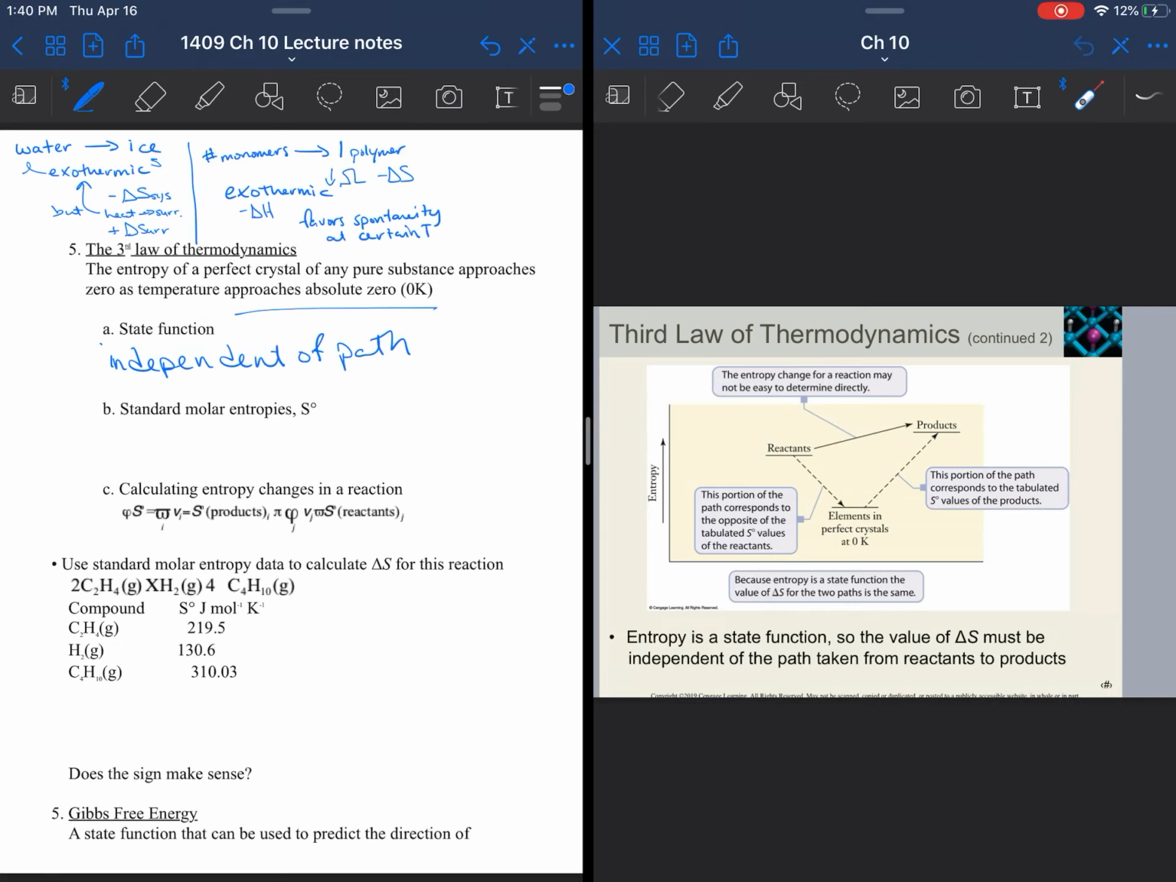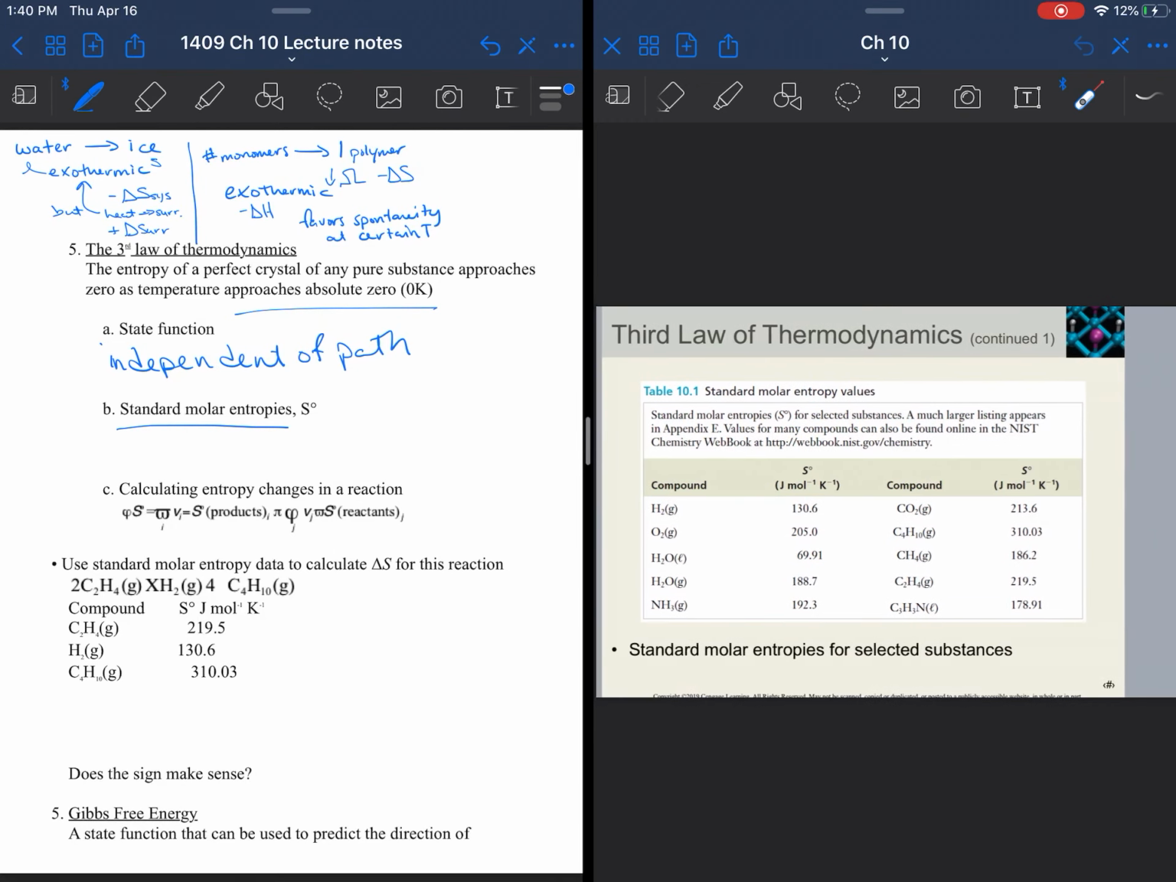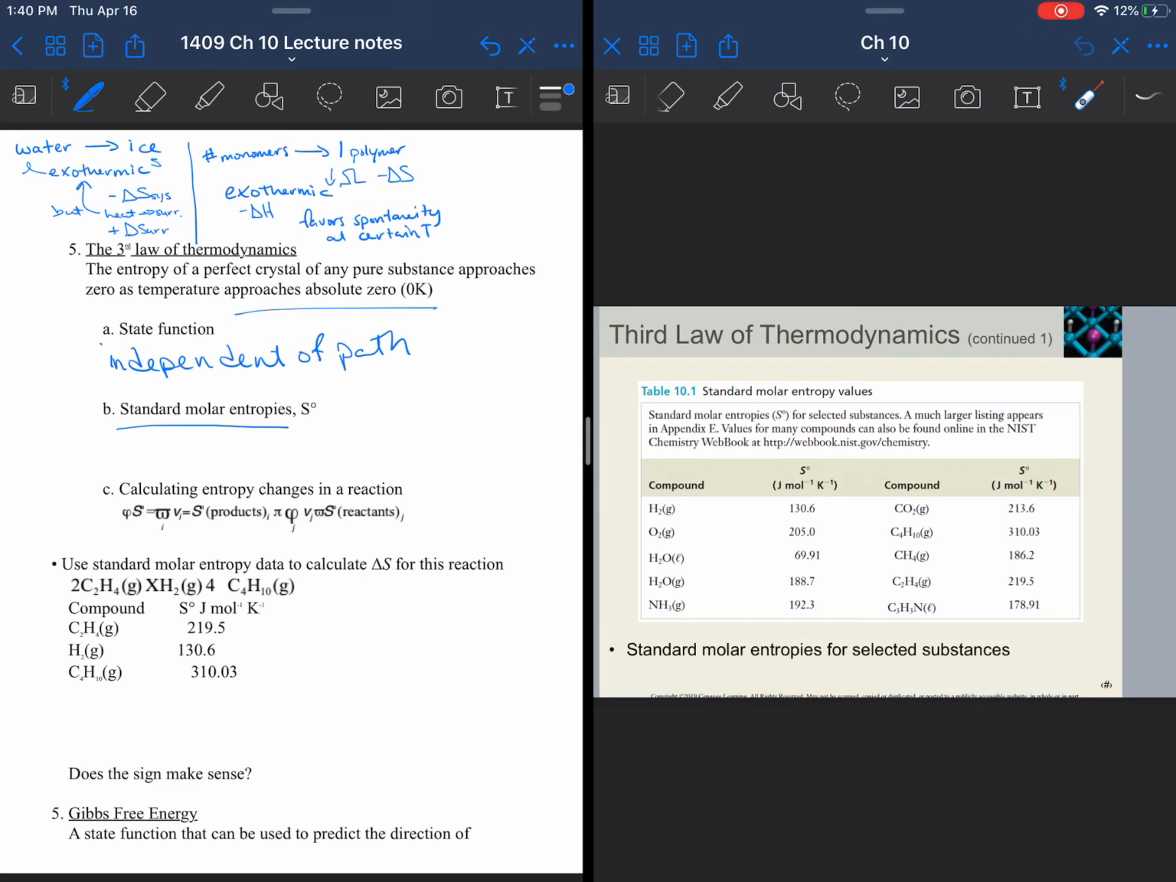So that's helpful for us, right? Because we can figure out delta S based on specific paths. And in this case, we're going to look at standard molar entropies, right? That's what's on this table. A standard molar entropy is a little bit different than the heats of formation we looked at. You're never going to see standard entropy as 0 because what we're looking at when we calculate standard molar entropy is the change in entropy of a substance